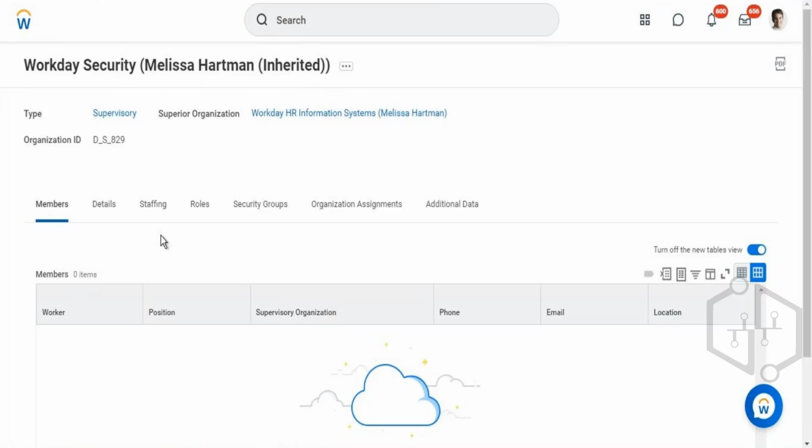Okay. So when Melissa wanted to have one more team that she wanted to manage, named Workday Security, there will be one more organization created where she'll be managing that, and the people who are working on the security team will be reporting to her. So when she creates Workday Security under Workday HRIS, the Workday Security supervisor organization will be a kind of subordinate organization. When a subordinate organization is created under any superior organization, there are certain things that